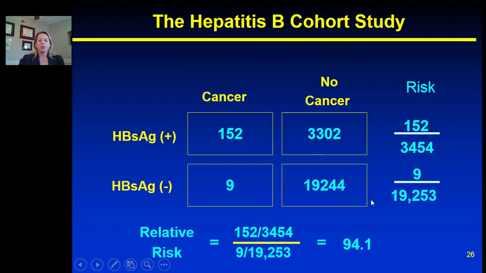And if you throw in the numbers, you calculate a relative risk of 94.1, which is tremendous. And this basically is saying that among people who have the hepatitis B surface antigen, the risk of hepatocellular cancer is 94 times greater than the risk in those people who don't have the surface antigen. And granted, this study is dated. We now know that hepatitis B virus is a major risk factor for hepatocellular